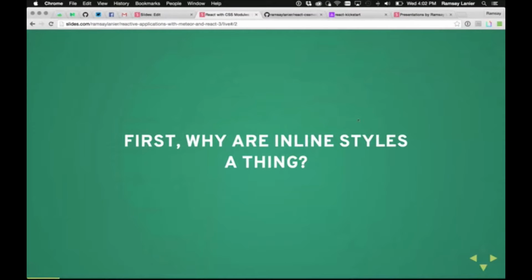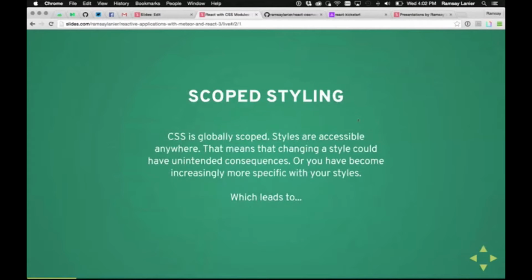Cool. So first, let's talk about why inline styles are even a thing. There are some general issues with CSS. The biggest issue I think that inline styles and other things solve is the fact that CSS is inherently globally scoped, meaning styles are accessible anywhere.